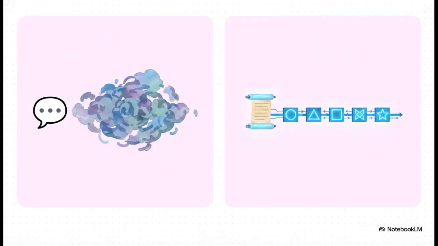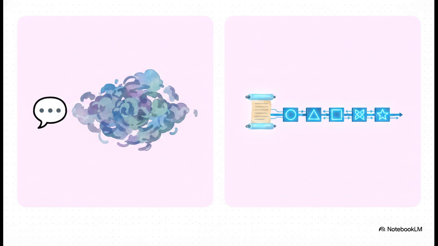This comparison just makes the difference crystal clear. On one side, you've got traditional AI with its ambiguous context. On the other, you have HimCode. Instead of chat, it uses a structured script file, a .him file. And this file contains these precise, verifiable instructions. You can think of them like command codes or opcodes.